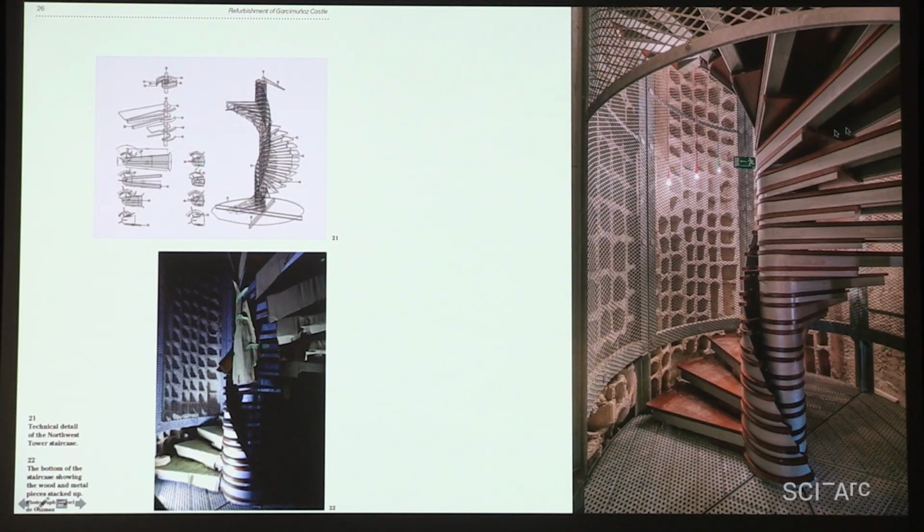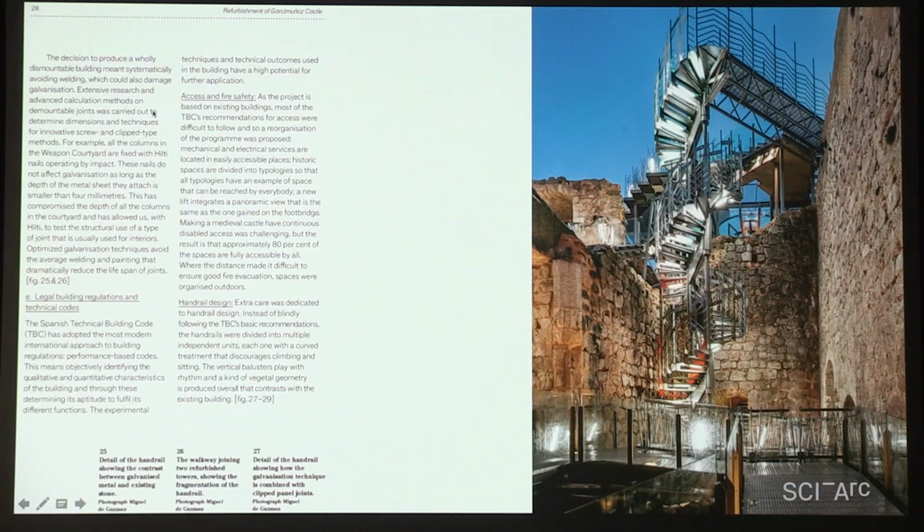This question of reversibility applies differently to different elements. For example, this is a staircase in which the only force that is putting the elements together is gravity. There is no welding or joints. It's just a collection of timber pieces and metal pieces that are stuck on top of each other, and how